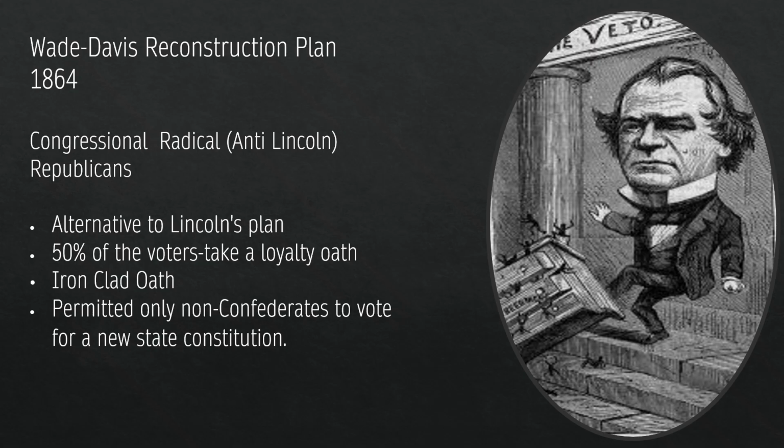So people are going to object to this bill. They're going to exercise a pocket veto, and they're not going to sign it before Congress adjourns. And the bill's not going to pass. This Reconstruction Plan is not going to work. But it's going to start creating some very radical Republicans that think we shouldn't forgive the South, that it's too easy letting them back in.